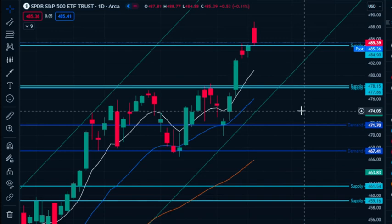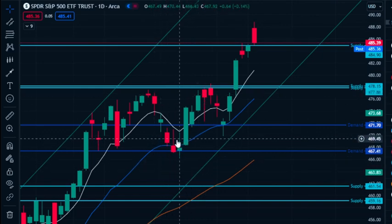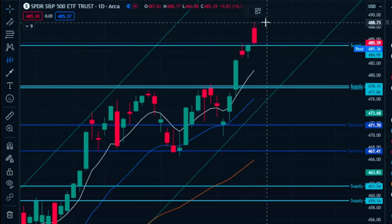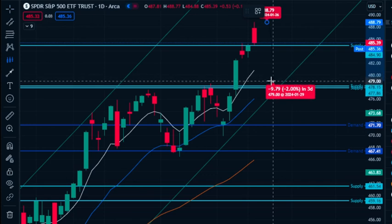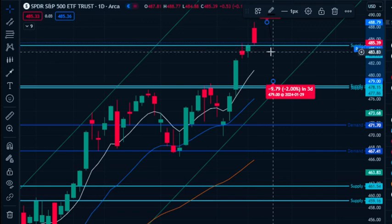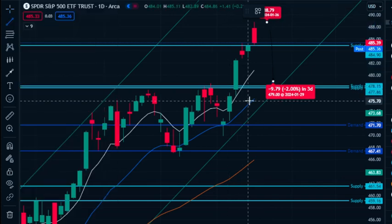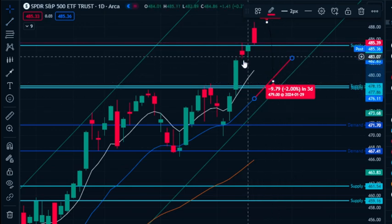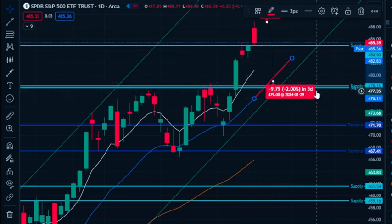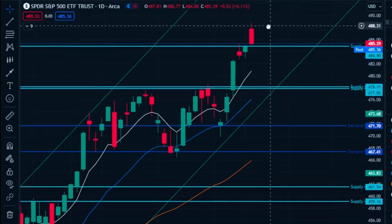Now, something else that is super interesting here is both these times touch the 20 EMA support. So likely here, if we come low enough, so from our high, again, it's from the high, 2% down is right here. That puts us, so 1, 2, 3 days, that's roughly where, if you project this 20 EMA just going straight up, that is roughly a 20 EMA support bounce. So there's a very high probability, I would say, going into FOMC that we are going to get a big